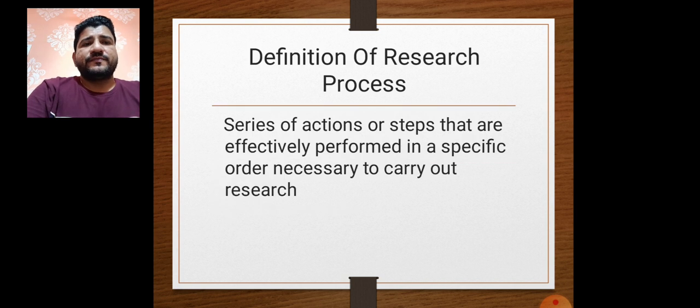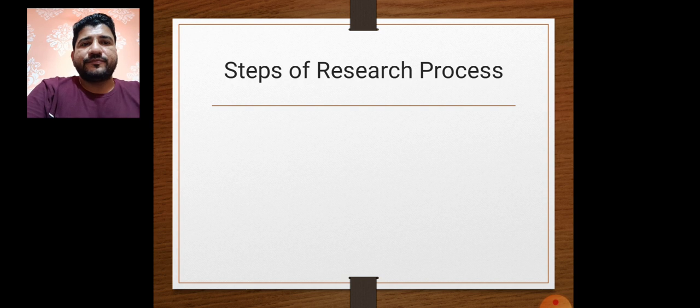So, what is the research process? Definition of the research process: a series of actions or steps that are effectively performed in a specific order, necessary to carry out research. Steps of the research process: